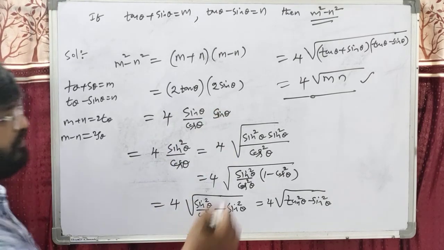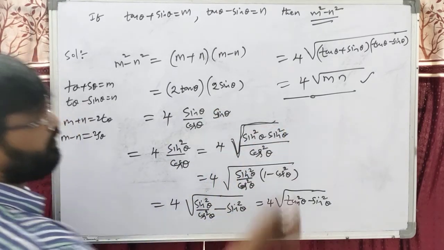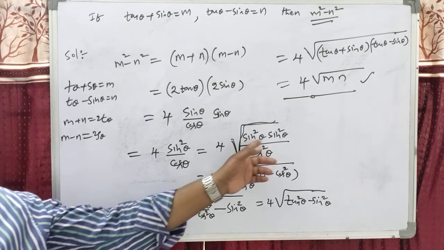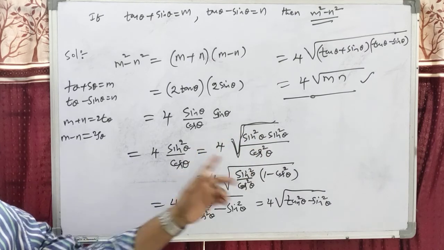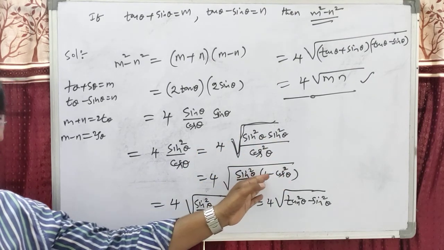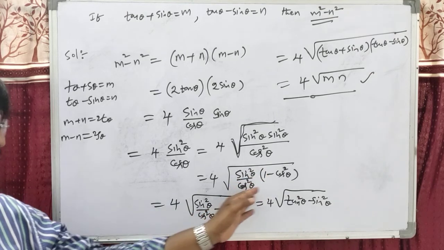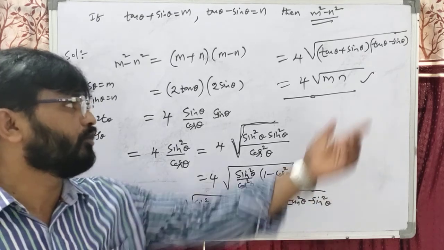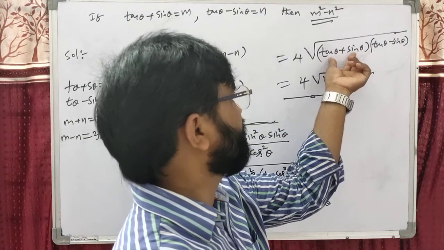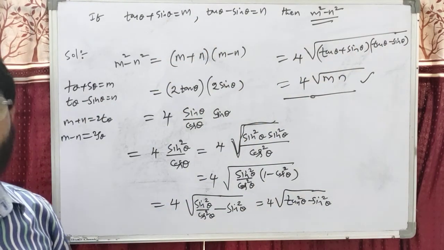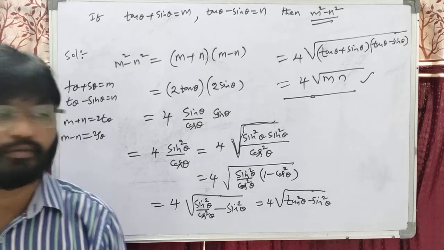After that you can write this, students, the option is given as 4 root of mn, 2 root of mn, root mn. Therefore, root of sin square into sin square, sin power 4, that is sin square. The sin square theta is 1 minus cos square theta. After multiplication, sin square by cos square cancels. We get tan square minus sin square. It is compared with a plus b into a minus b. Dear students, a is m and b is n. So the answer is 4 root of mn. Okay, students?